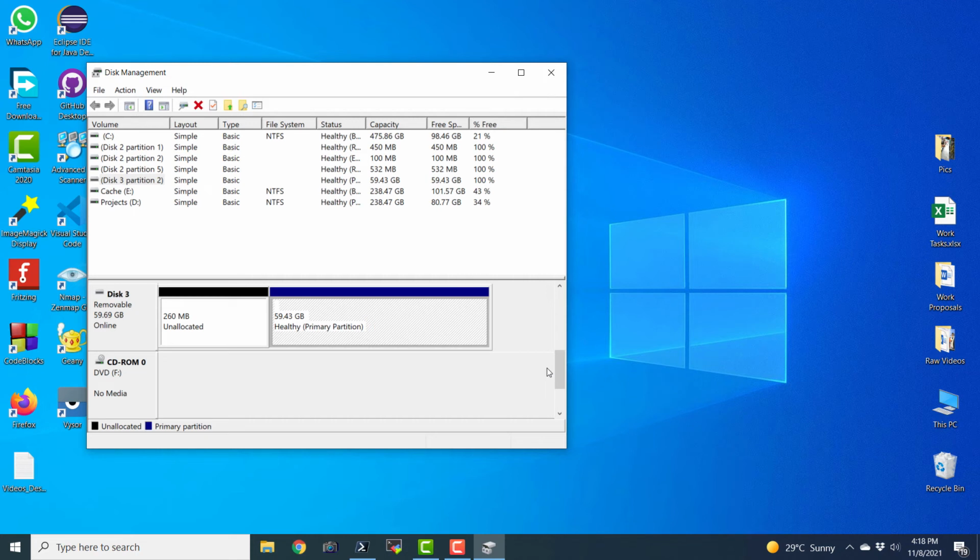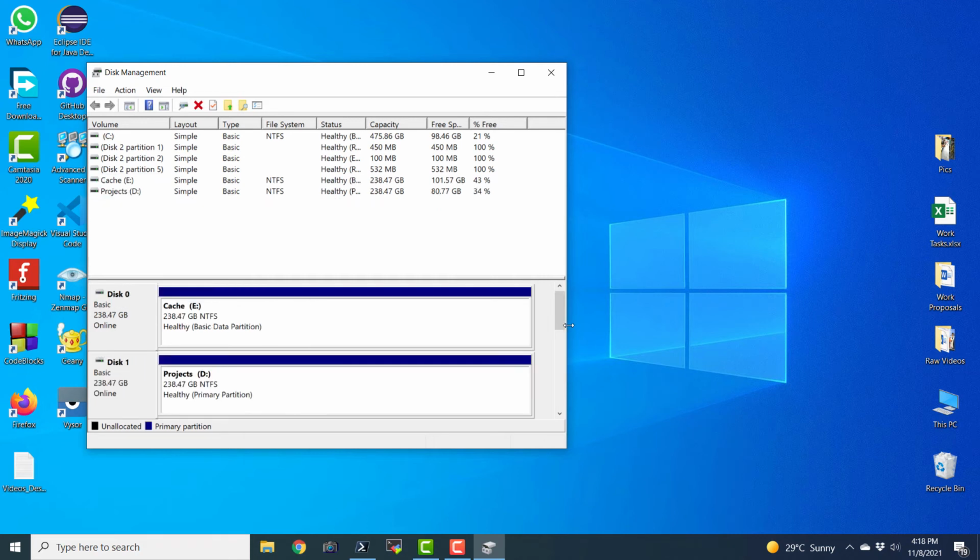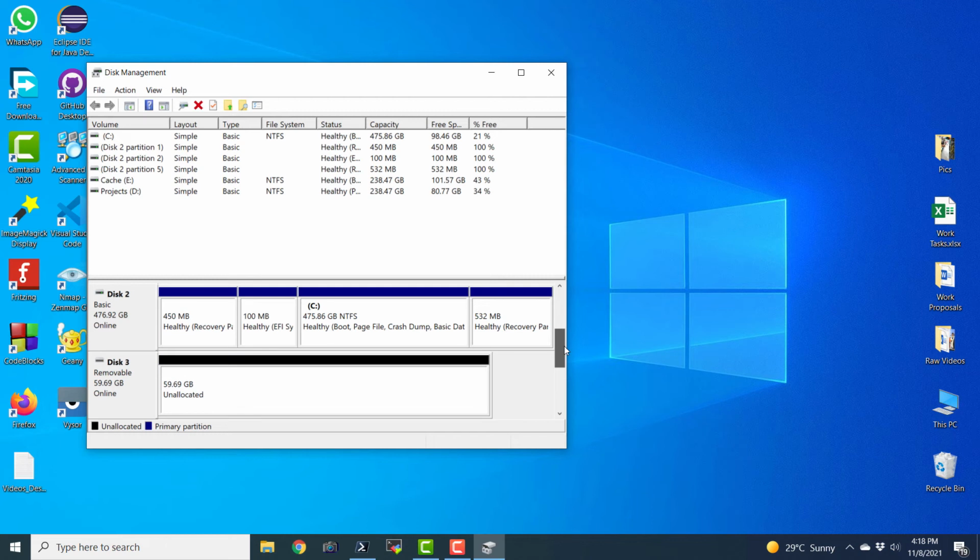And it is going to delete this volume. So make sure that you choose the correct drive, because if you choose any one of your hard disks by mistake, then it is going to format all the data in that hard disk and it is going to create an unallocated partition.